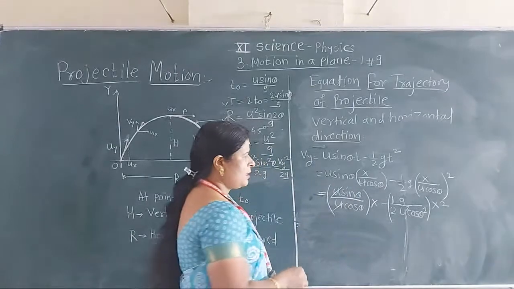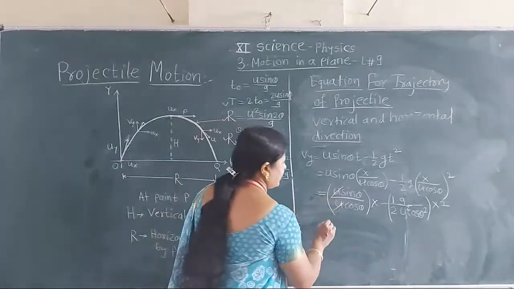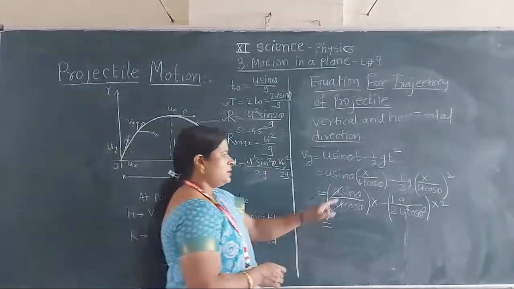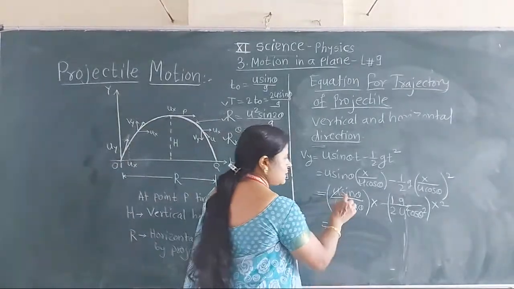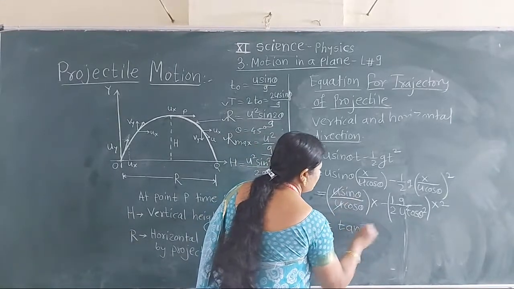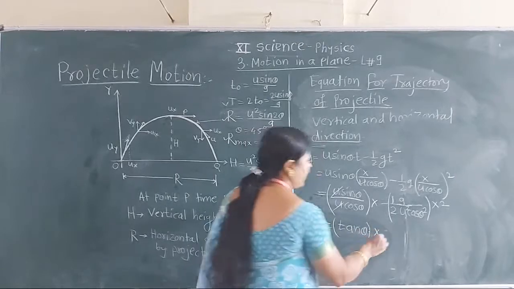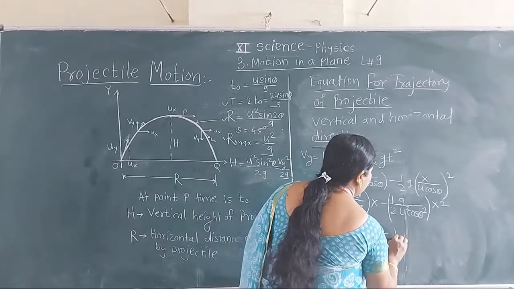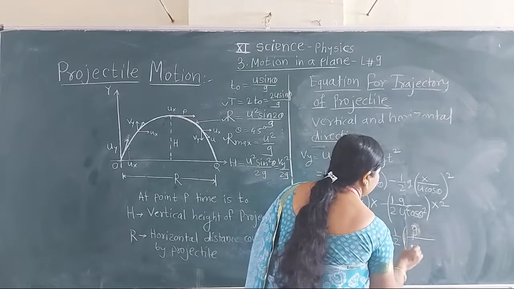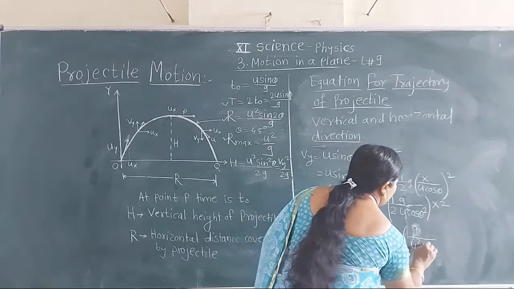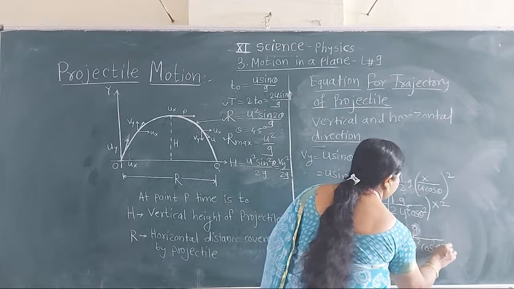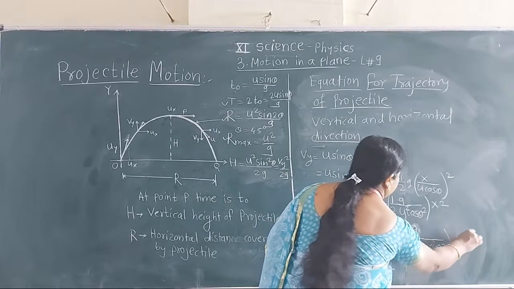Now in this term u gets cancelled, and we know that sin theta divided by cos theta is tan theta into x, tan theta into x minus 1/2 g divided by u square cos square theta, u square cos theta square into x